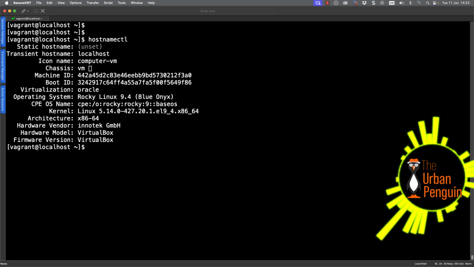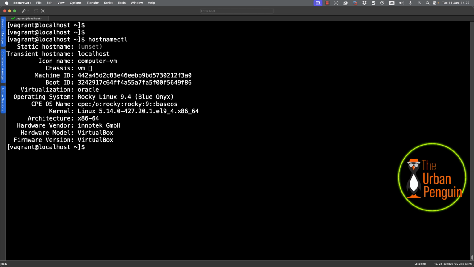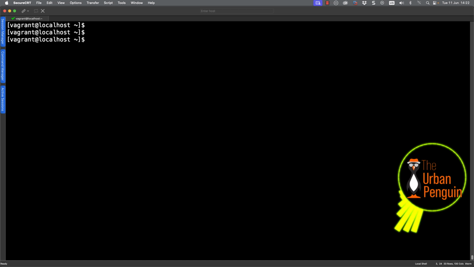I think it's always good to start a demonstration so you know the operating system that we're working with. So Rocky Linux 9.4, and it's virtualized within VirtualBox. Now we want to take a look at our remote dictionary server, Redis, and it's available as a standard package on Rocky Linux.